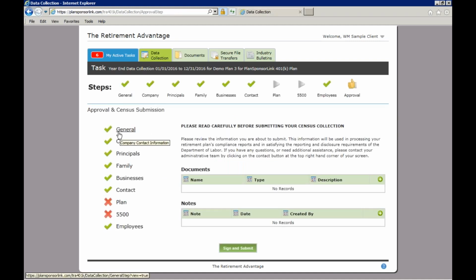If each step on the left-hand side contains a green check mark, you are ready to click the Sign and Submit button. If you have any red X's, like I do here, it is necessary to resolve those issues prior to clicking the Sign and Submit. As always, if you need any assistance resolving any of these issues, please work with your client relationship manager. But upon resolving and having all green check marks, you can approve your submission by clicking the Sign and